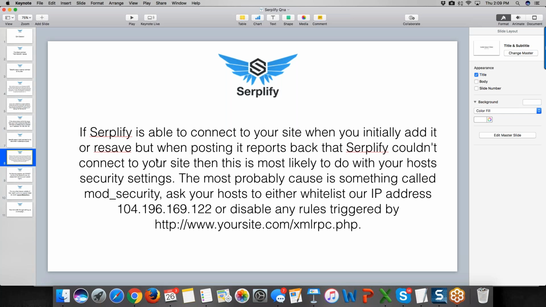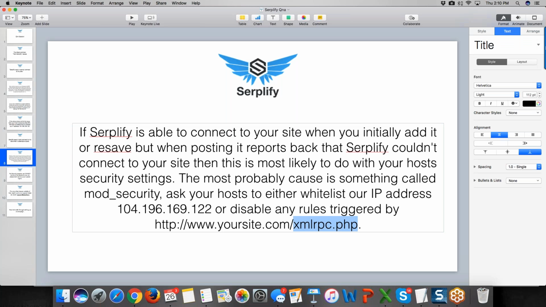And the most probable cause is something called mod security. So all you have to do is ask your host to either whitelist our IP address or disable any rules triggered by that same URL that I posted before, which is whatever your site is /xmlrpc.php. Okay, so if when you're going to post, it says that it can't connect to your site, then again, it is most likely your host security settings,